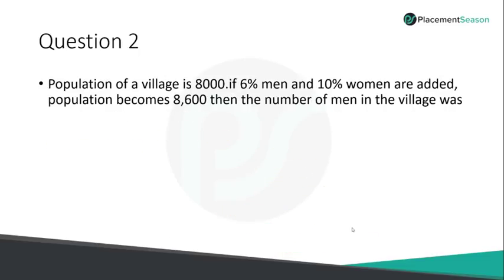Next one, problem number 2. The population of a village is 8,000. If 6% of men and 10% of women are added, the population becomes 8,600. Then the number of men in the village was. So this is a simple percentage problem. You can use the equation method or mixture and alligation. Whenever you come across these kinds of problems, you can use the mixture and alligation formula. Men, women. See, if 6% of men and 10% of women are added,